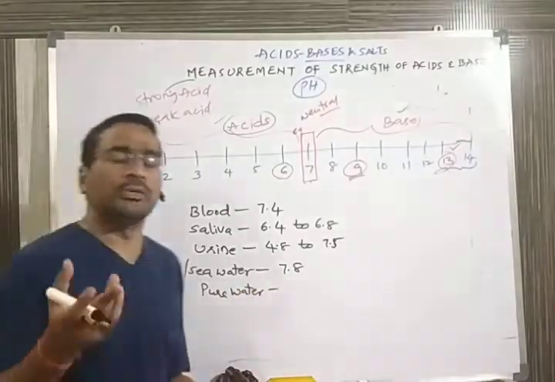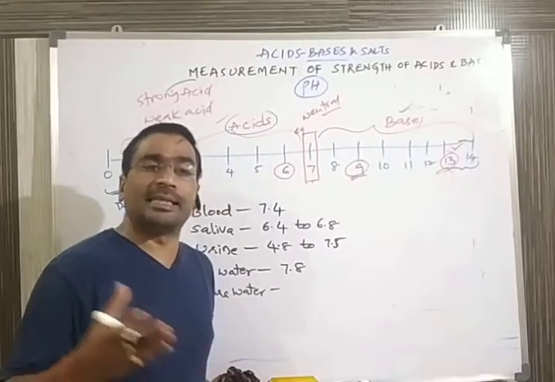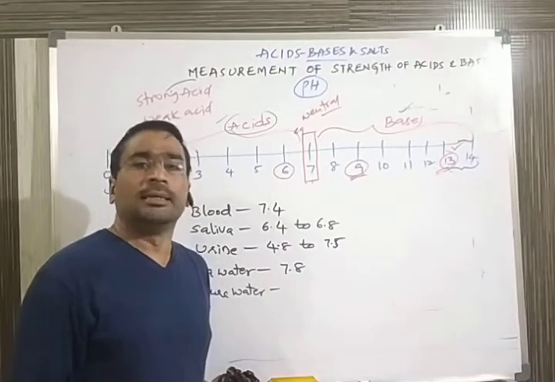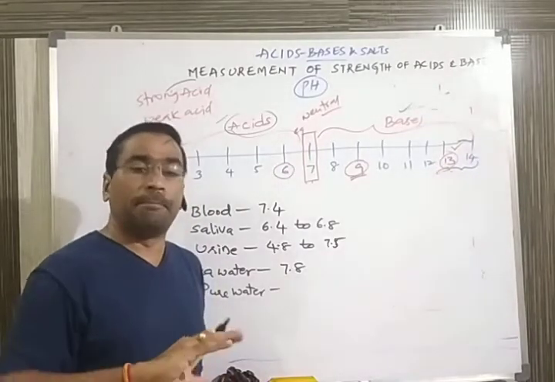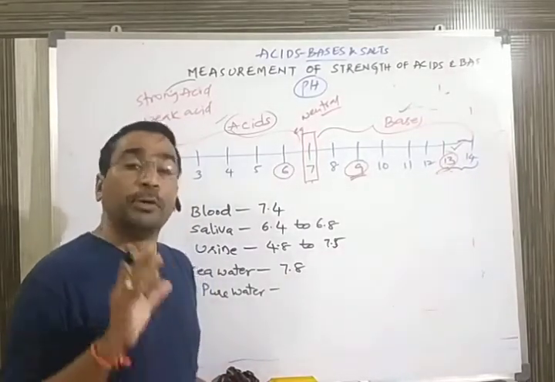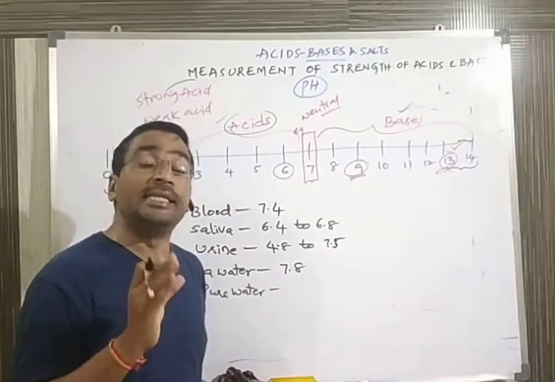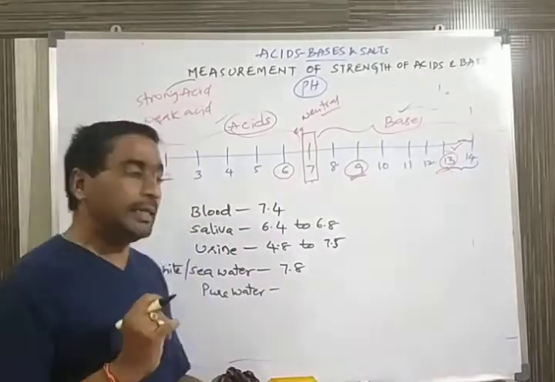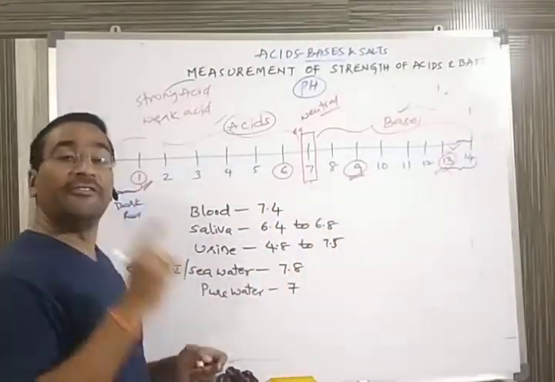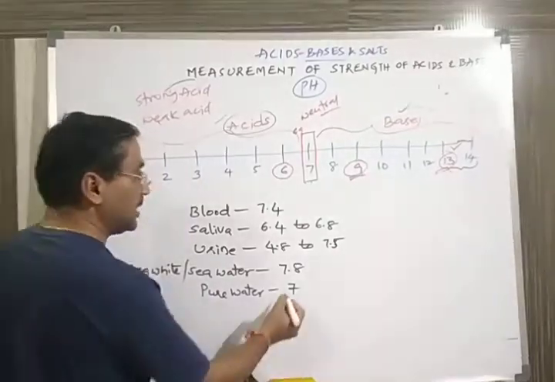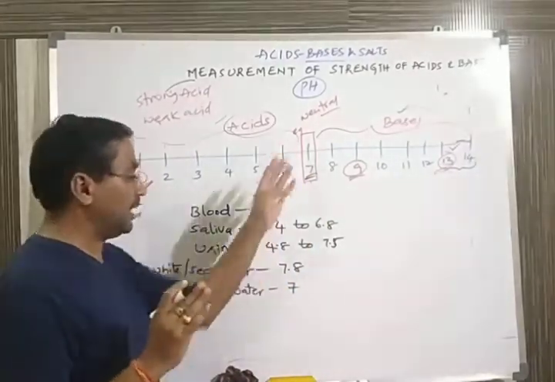Normally in our houses we are using drinking water. Many people are using purified water, depending on the machine, so the pH will vary. But the pure water we use in our laboratories, we call deionized water. Deionized water is neutral in nature. It is neither acid nor base. That's why I say if it is 7, it is purely neutral in nature.